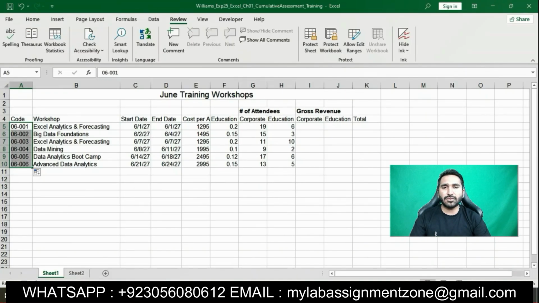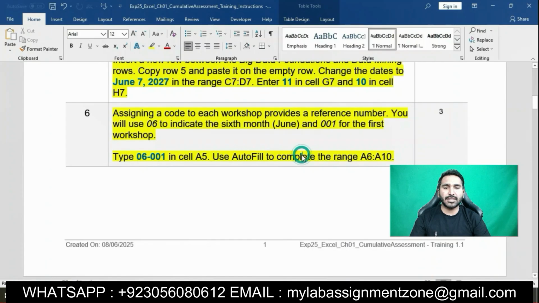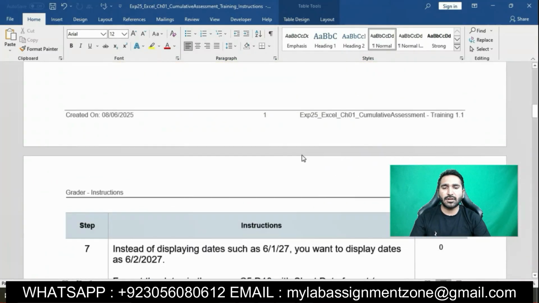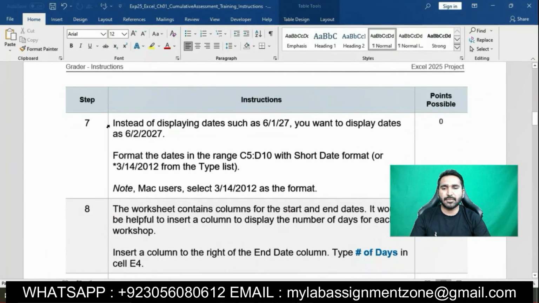Now the next question of this assignment is question number 7. I have done 6 questions of this assignment right now. Now I am going to do question number 7. The question number 7 is that instead of displaying dates such as 6 from 27, you want to display dates as 6 to 27. Format the dates in the range C5 to D10 with short dates format